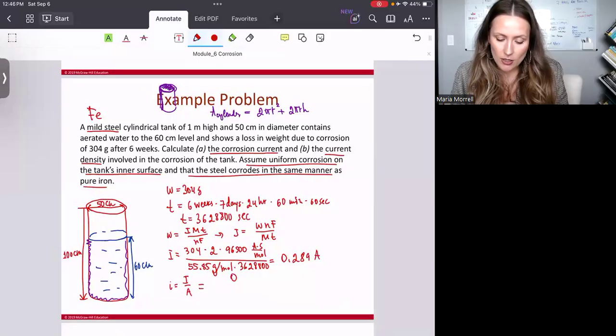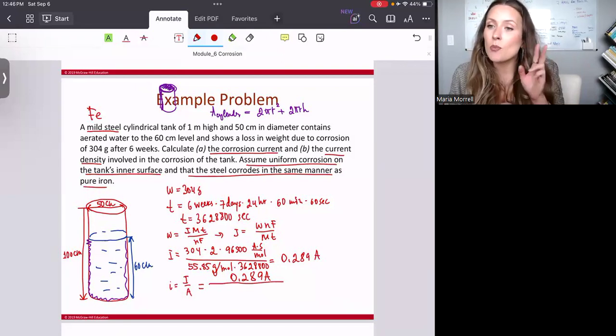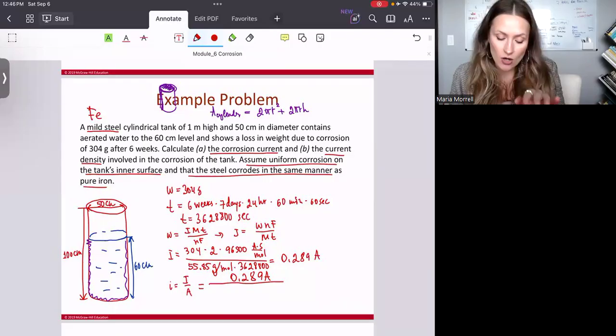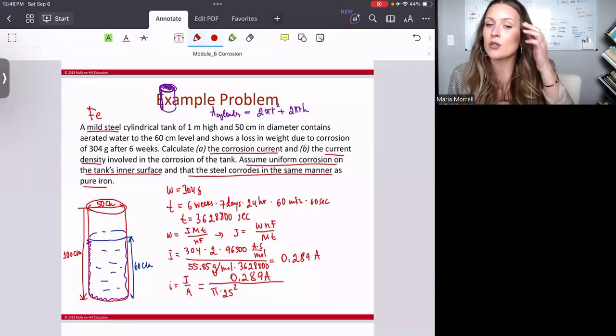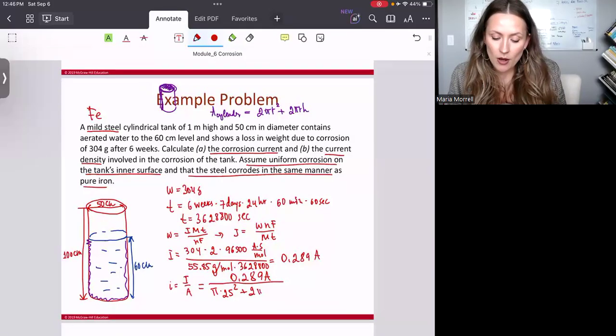I'm going to put the current that we just estimated as 2.289 amp divided by the area: not 2 pi r squared, but only pi r squared, meaning pi times 25 squared. Diameter is 50, this is why I'm going with 25, plus 2 pi times 25 times